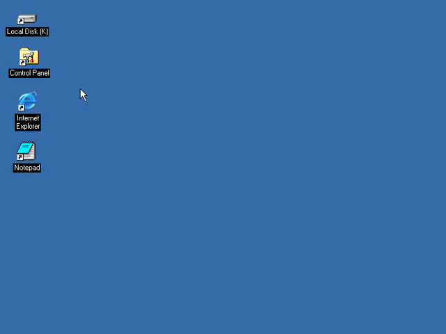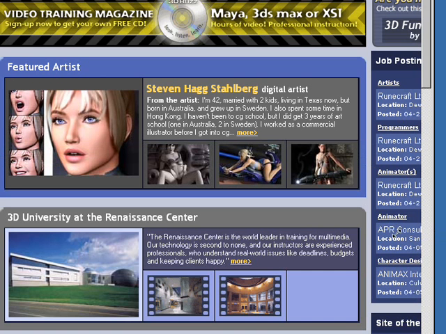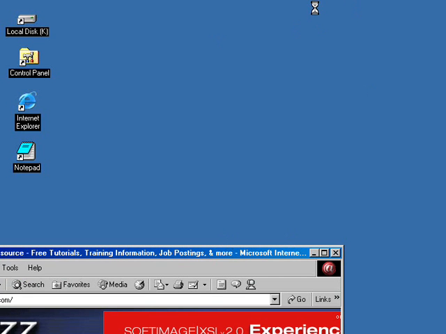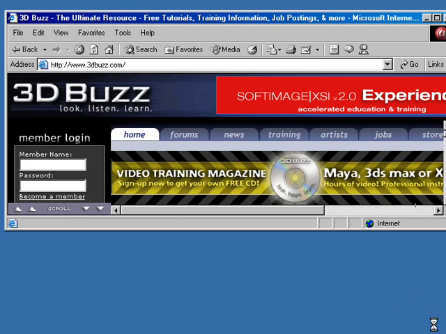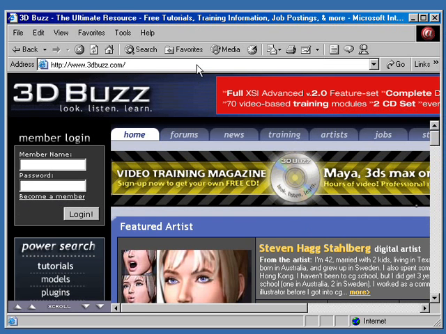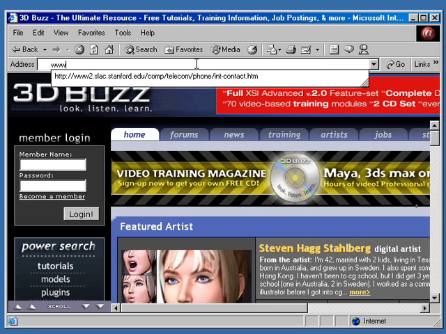Yep. So first thing we'll do is we'll go ahead and open up Internet Explorer. That has been resized, so we will just resize it back down, and let's make it fit in our recording area here. Whee! That's a nice save. Now all right, we're going to go to